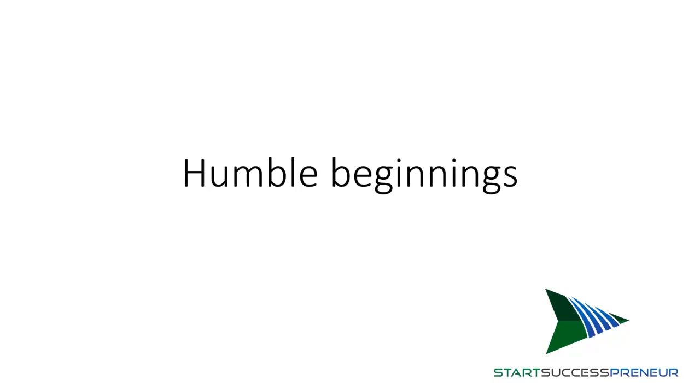He talks about his humble beginnings. In the first book, Rich Dad Poor Dad, he talks about his humble beginnings as a child, and now he talks about his humble beginnings as a business owner. Robert Kiyosaki started off living in his car because he didn't want to have a full-time job. He decided he was going to start a business. He might take temporary jobs here and there to pay the bills, but he ended up living in his car. It's a little bit extreme, and you don't necessarily have to do it as a business owner, but he knew where he was, where he wanted to get to, and he wanted to take this path.